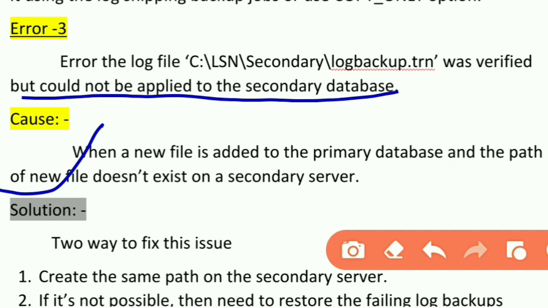Someone added a database file on the primary, but the physical location is not the same on primary and secondary. When the restore job applies on the secondary, it fails because it is unable to create the database file physically. This is also a common error in log shipping.